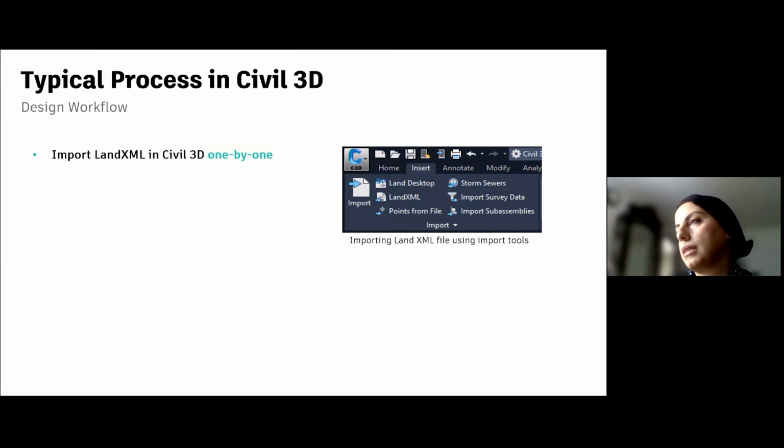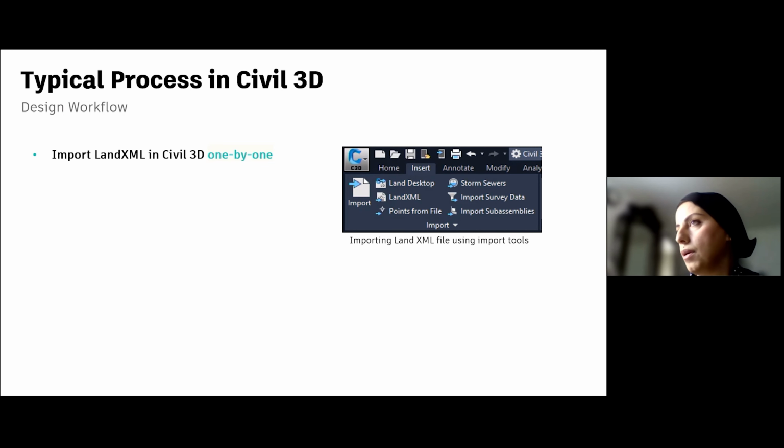So the review of the typical process. In the traditional method of using Civil 3D, we receive all LandXML files, including, let's say, surfaces, profiles, and alignments. And so we import them into Civil 3D.